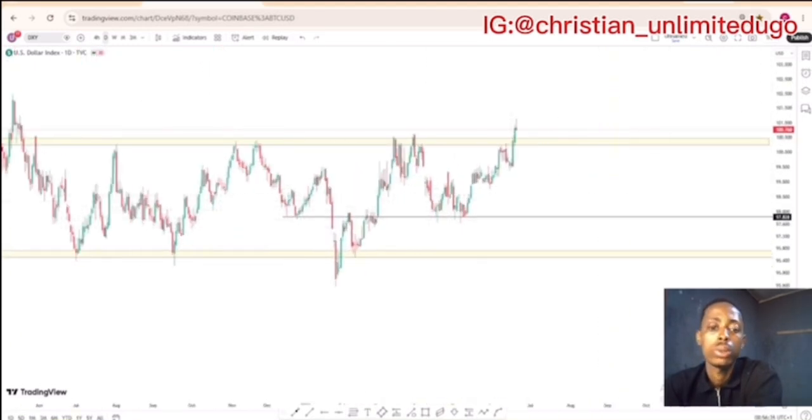If you look, the market always moves from this support level to this resistance, and from this resistance level to this support. But definitely we came around this level and formed something like a double top,